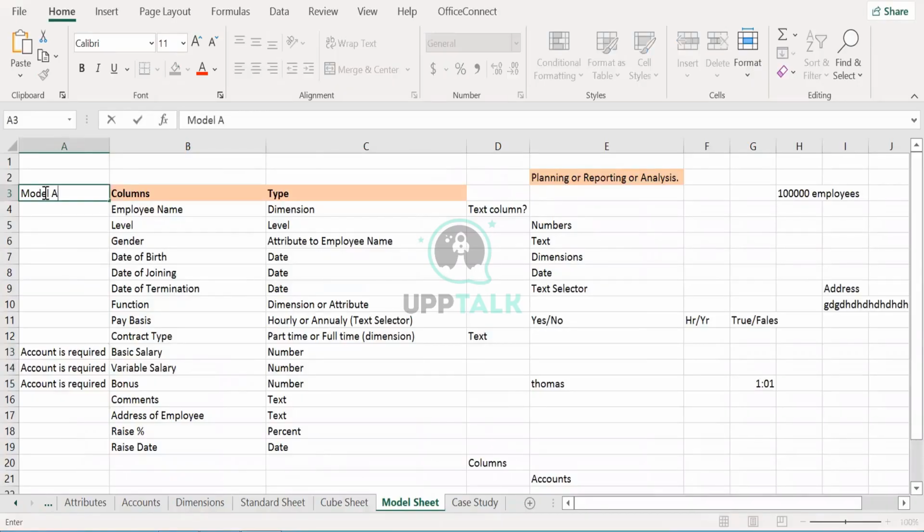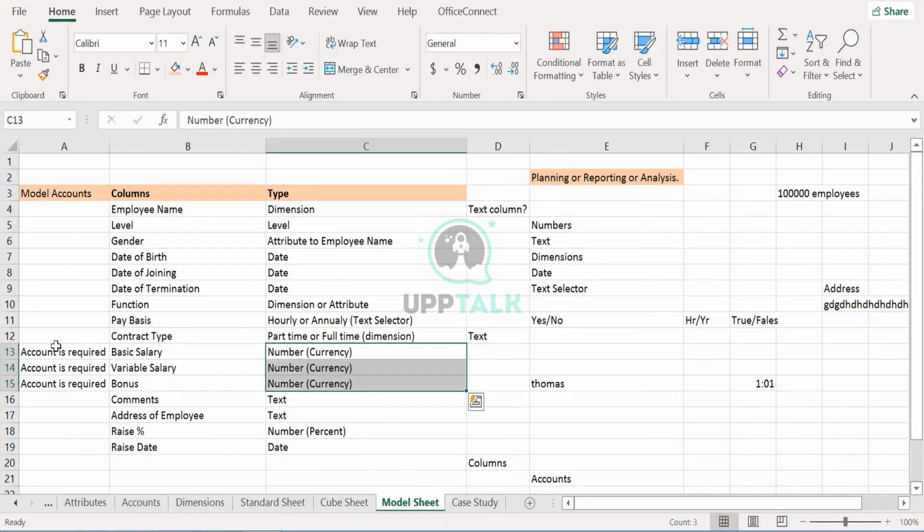Model accounts, I am going to write that, you will understand later on. Any kind of number, you have to make sure that it is recorded also in an account. If it is recorded in columns, please make an account corresponding to that column.